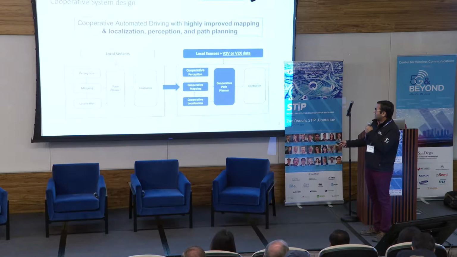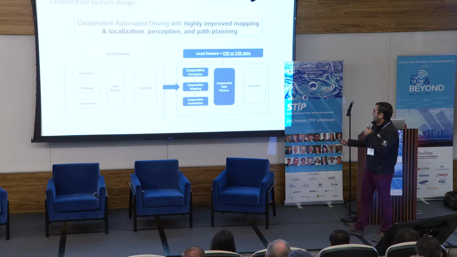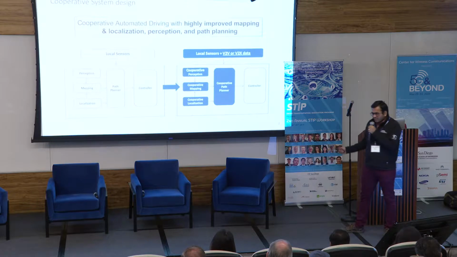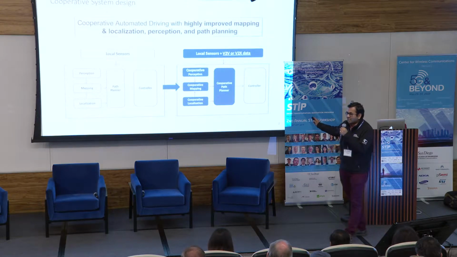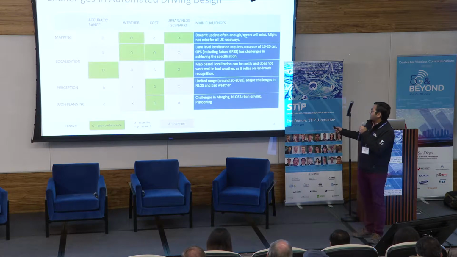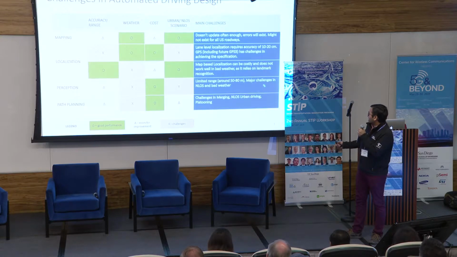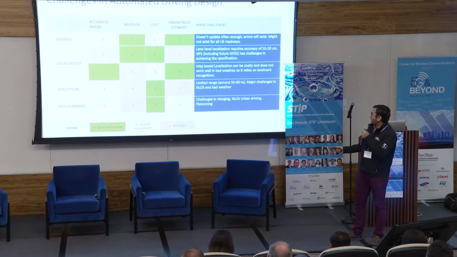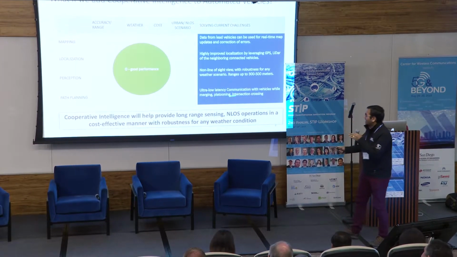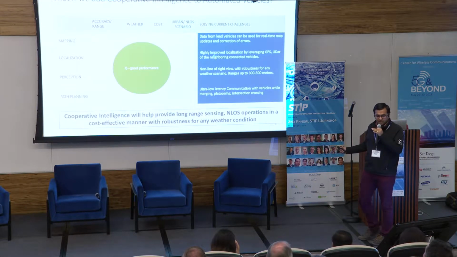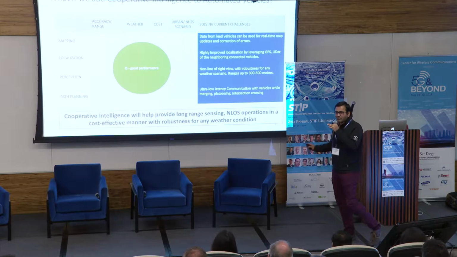The local sensors guide this right now, but we want to go to a world where V2V or V2X data can guide all these things: cooperative perception, cooperative mapping, localization. Here are some of the top challenges you want to handle for mapping, localization, perception, and path planning. Today I'm going to focus on non-line of sight perception. I will give you a high-level overview of what is possible with cooperative perception, and the slides will be available for you to review.